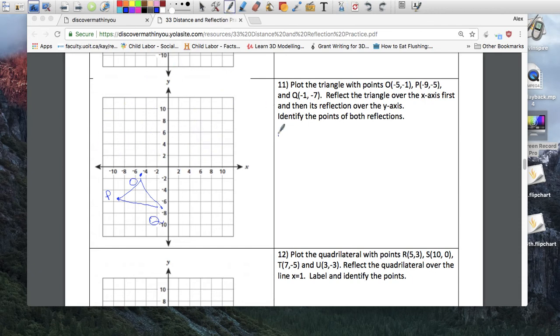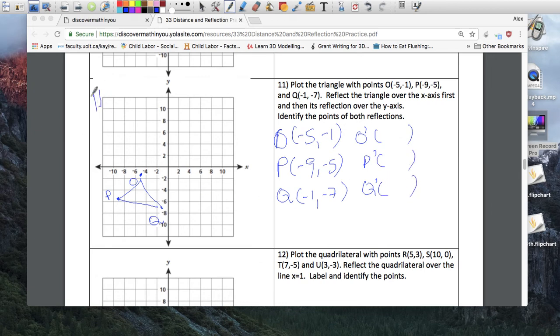So the original points are O, P, Q. O is -5, -1. And I think it helps if you write all the points up. When you reflect over the x and y axis, the actual number stays the same, but they change sign according to whatever quadrant they're going to land in. So O prime, P prime, and Q prime,